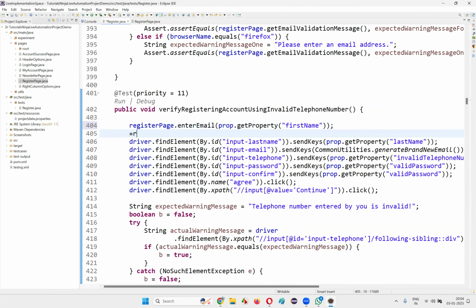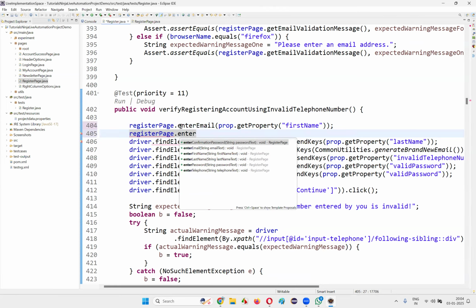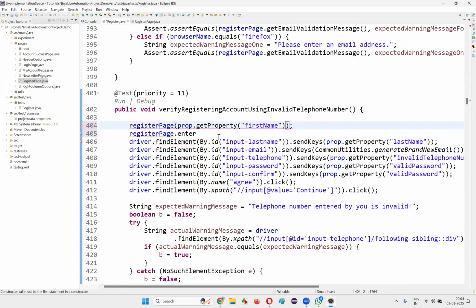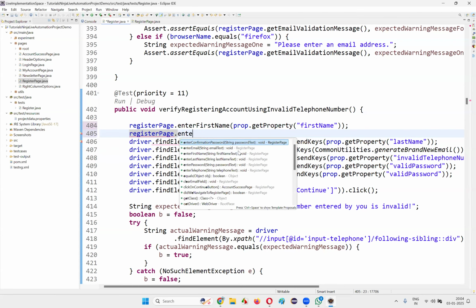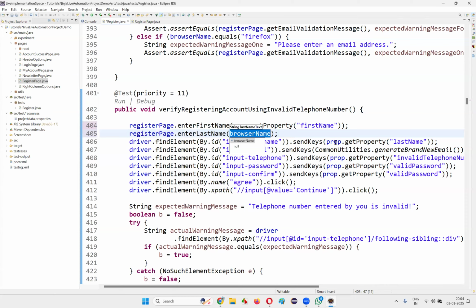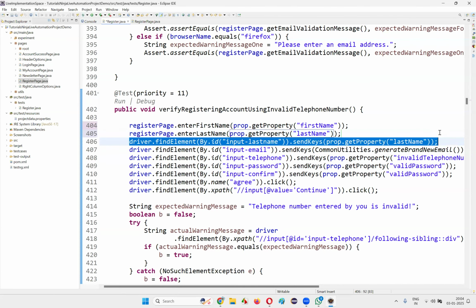Then remove this line and write down register page dot enter first name, and here enter last name. Here is the last name you have to write down: prop dot get property last name. Just paste it here. Then remove this line and say